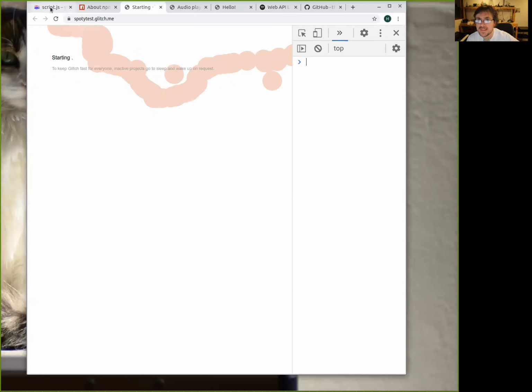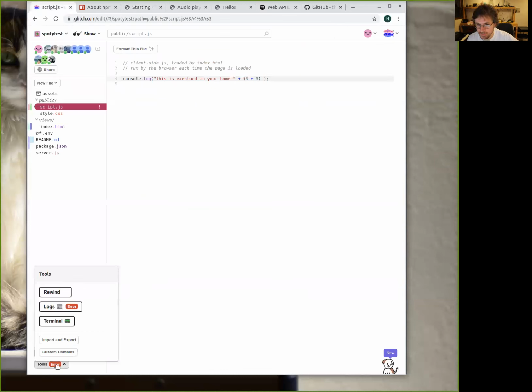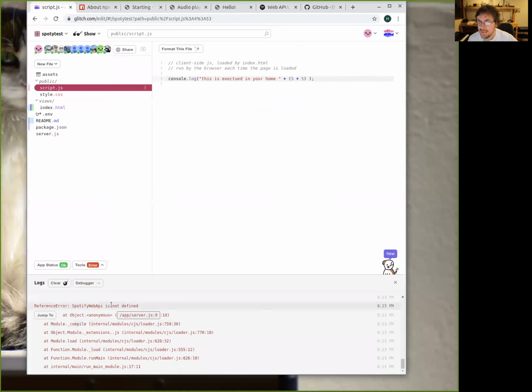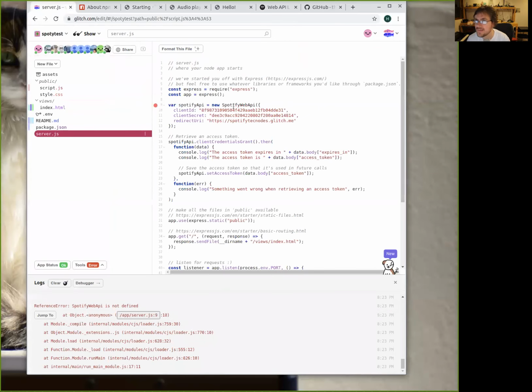Why is this not working? Maybe because we have errors here. Let me open this one. Spotify Web API is not defined in the client side. Let's check this for just one second. Why is this not working? Oh, I know why, because we need to say